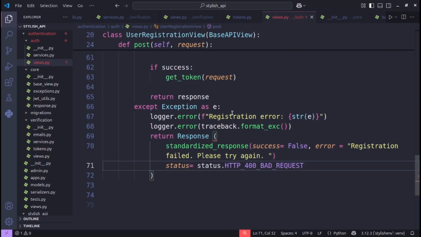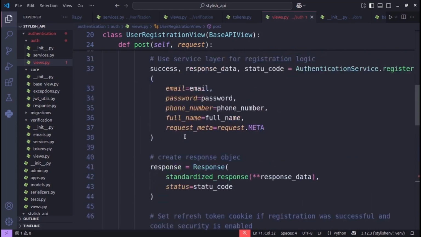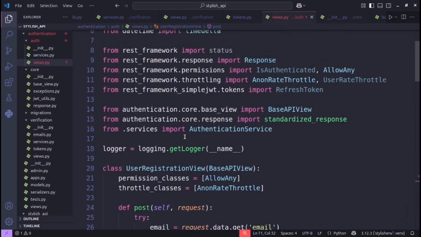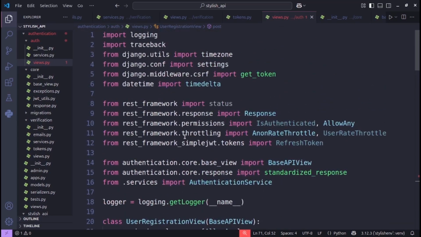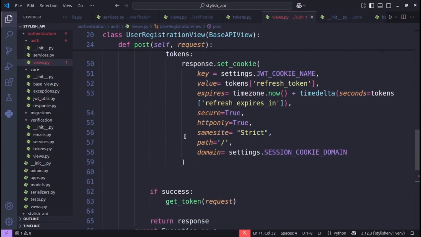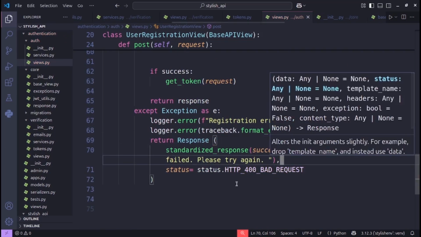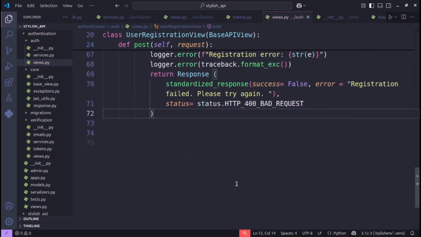So that marks the end of our views for register. We have an error. Where does it come from? Here. So this one, oh yeah, we need to have a comma here. So that is registration